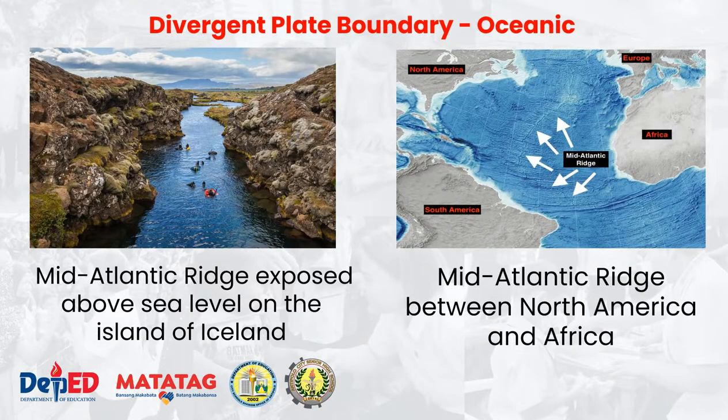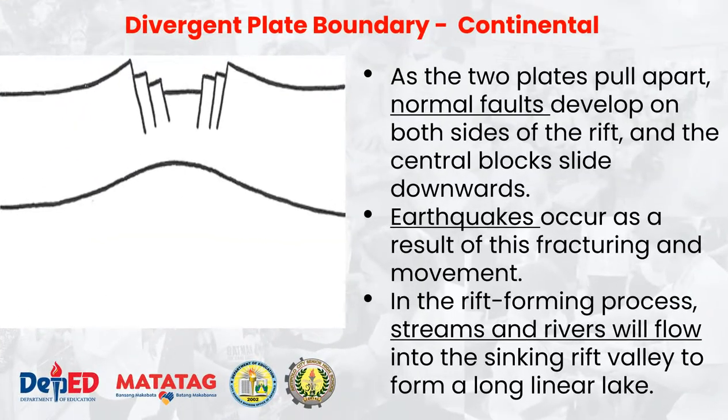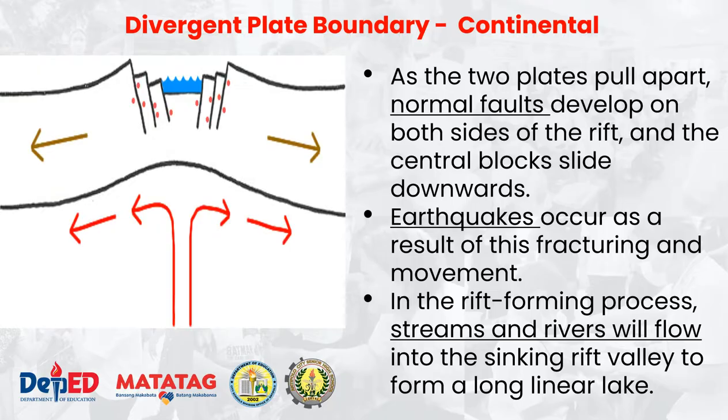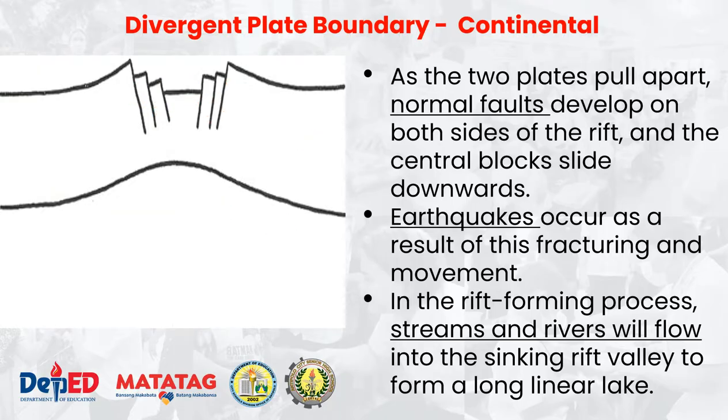Okay, divergent plate boundary, oceanic naman. Ito yung mga examples natin, yung Mid-Atlantic Ridge sa may Iceland at yung Mid-Atlantic Ridge between North America and Africa. In terms of divergent plate boundary in continental, as the rift grows deeper, it might drop below sea level, allowing ocean waters to flow in. This will produce a narrow, shallow sea within the rift. This rift can then grow deeper and wider. If rifting continues, a new ocean basin could be